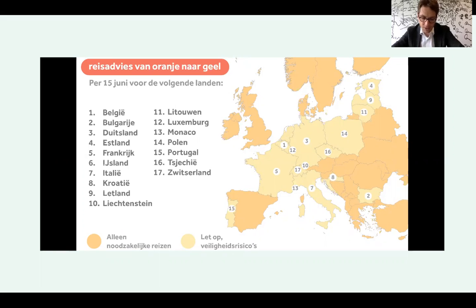Green is where visiting a country has no particular security risks. And then the government says, well, take care of yourself and your belongings, just like you do in the Netherlands. Sometimes you have to pay extra attention to certain things. Yellow is labeled as pay attention, there are safety risks. A safety risk in this country or area that differs from what you are used to. Prepare for this and pay extra attention.